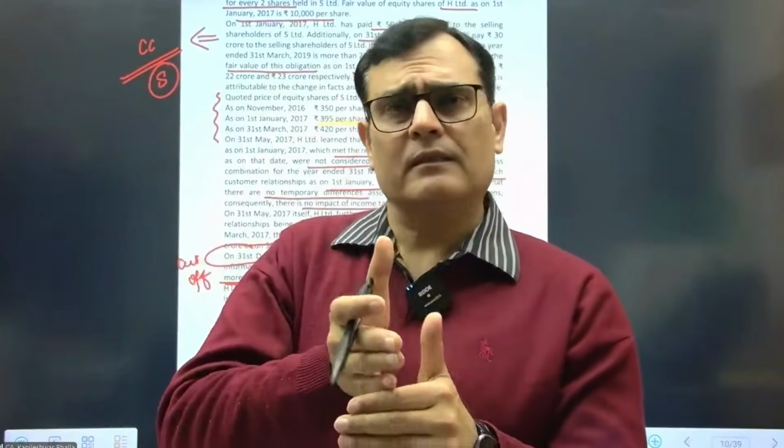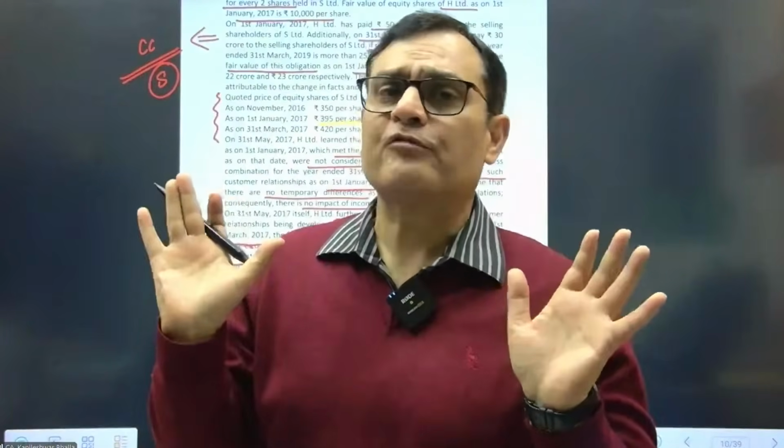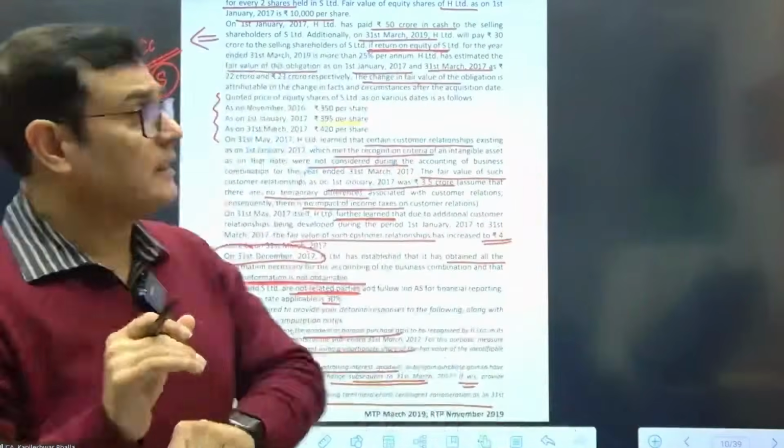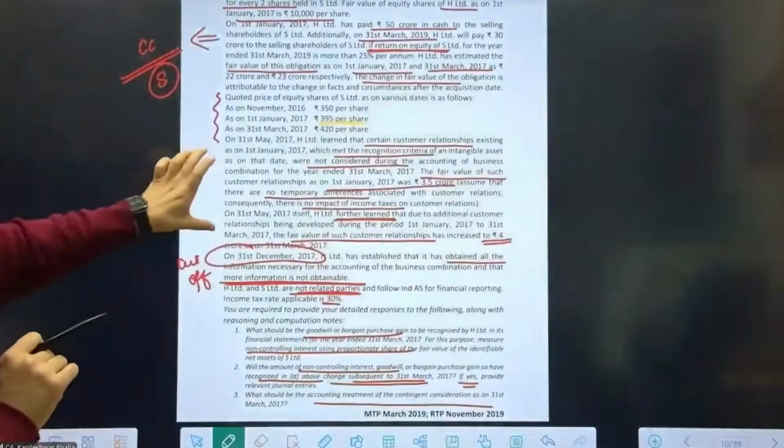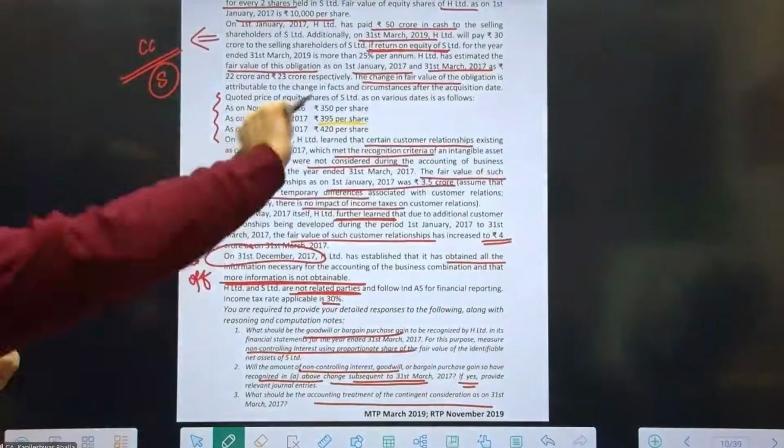So basically, you need to apply similar concepts as in Ind AS 10: if the information is relating to conditions on the acquisition date, then you change the goodwill and of course the NCI. And if it is not related to those conditions, then it impacts the profit and loss directly. So let's read the inputs once again. Let's look at the measurement period data.